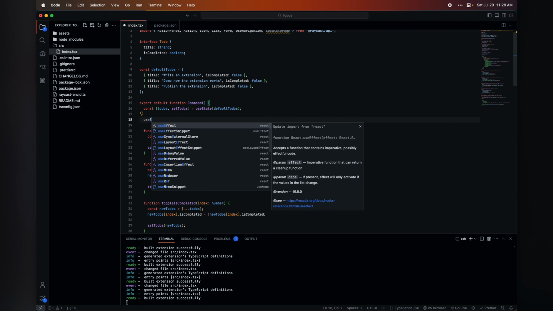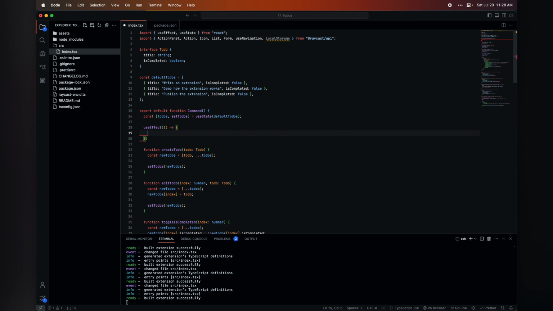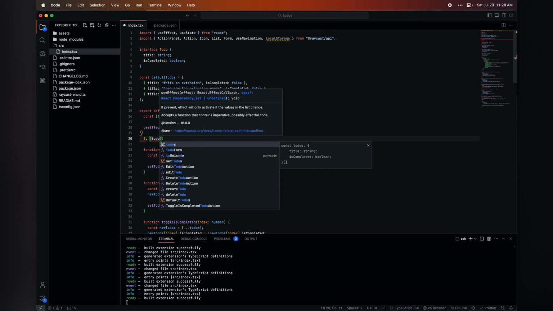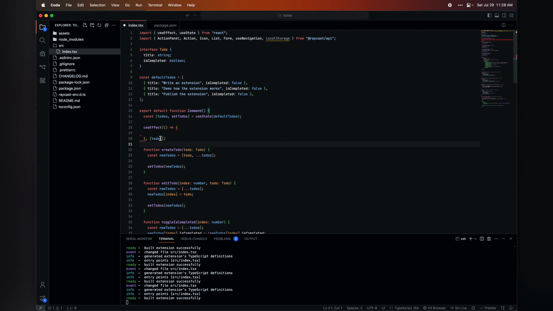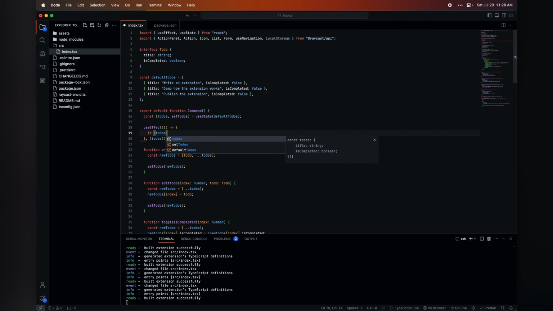Okay, so a useEffect is a React hook, if you're not familiar, and this will happen anytime our to-dos change. So anytime to-dos changes, the code in here will run. So we'll say if we have to-dos, because we don't need to run it if we don't have to-dos. And that's to say, if we have an empty array, it will still execute this. So if it doesn't, we need to initiate it. We don't want it to run initially whenever we set it. So